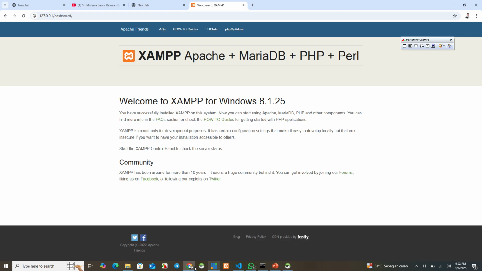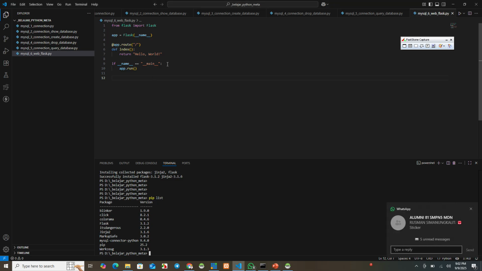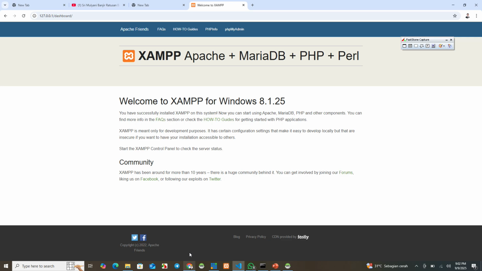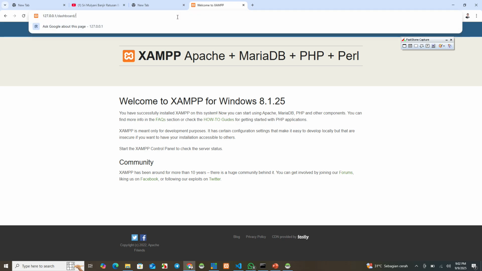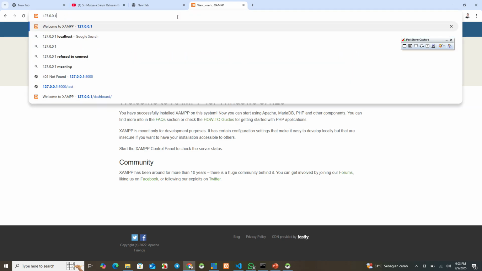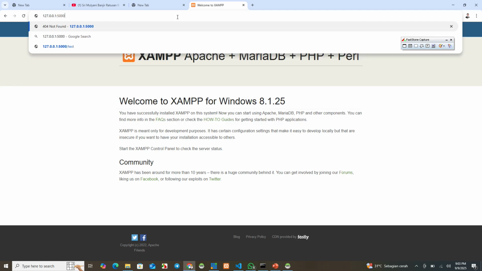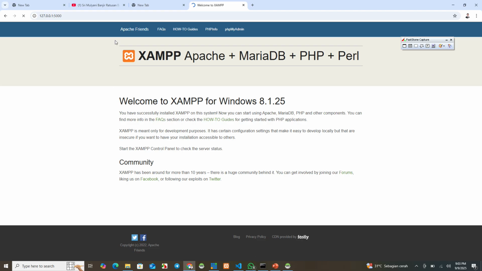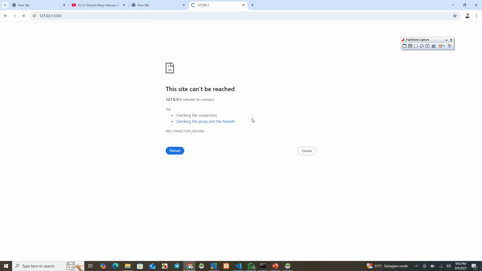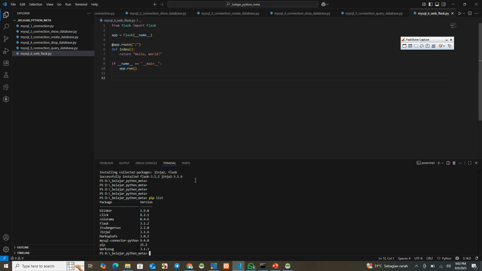But if we want to make a server by using Python, we must define the port. The Flask default port is 5000. But we must run it first. If we try here, it is an error because we don't run the script first.